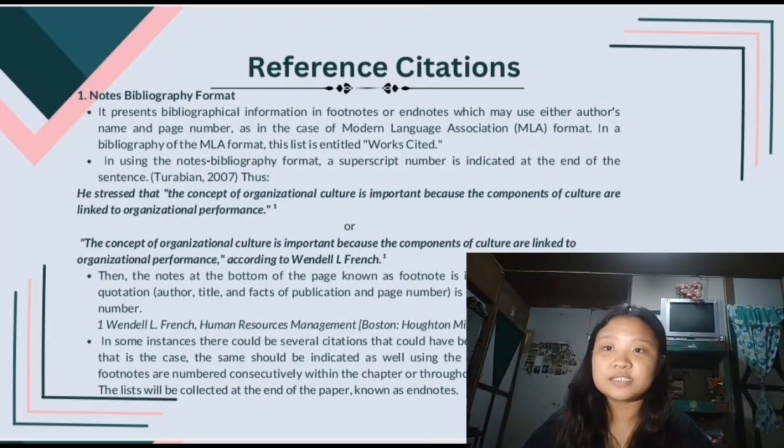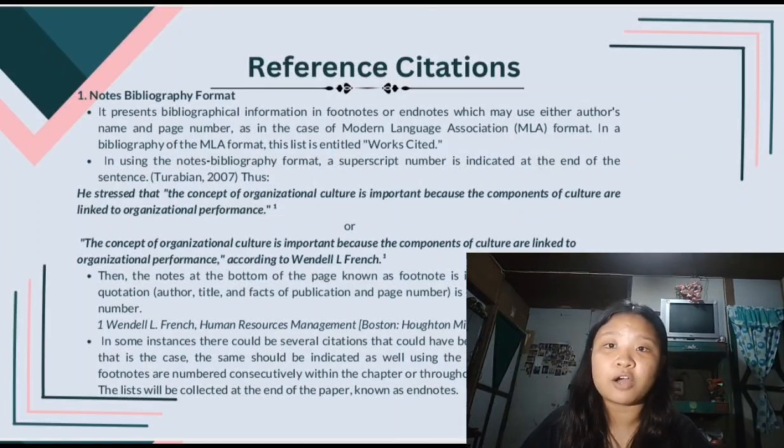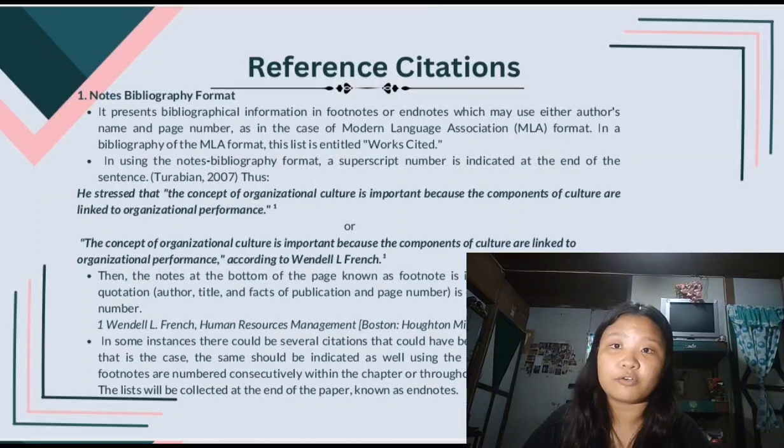So, another citation format is the parenthetical reference list format. In APA style, a parenthetical citation is used to give credit to an author directly within the text with details included in parentheses. This type of citation is used both in the body of the text and in the reference list at the end of the paper. How does it work? After using information from a source, you add the author's last name, the year of publication, and the page number if applicable in parentheses.